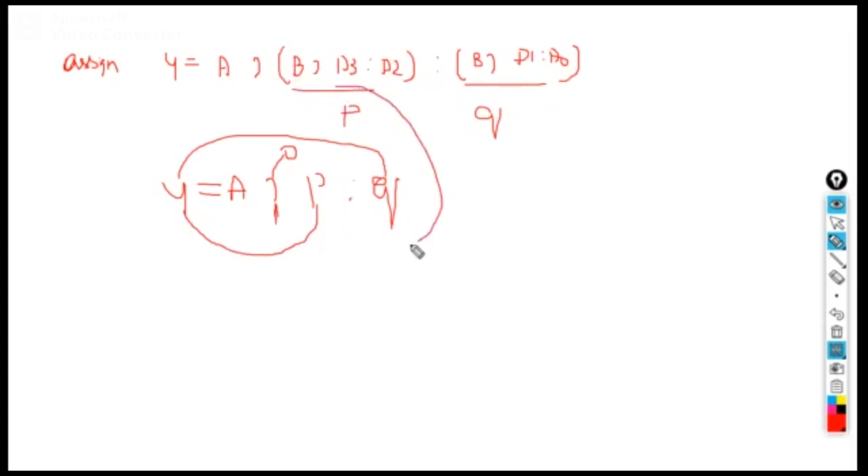First we will take this loop. When b is equal to 0, internal loop, y can take a value d2. When b is equal to 0, y can take value d2. Otherwise, it can take value d3.